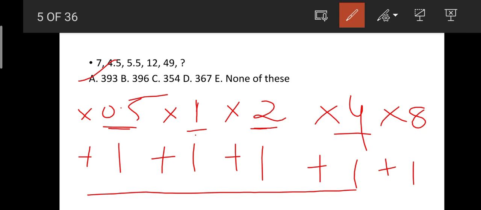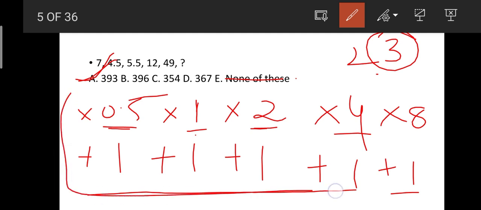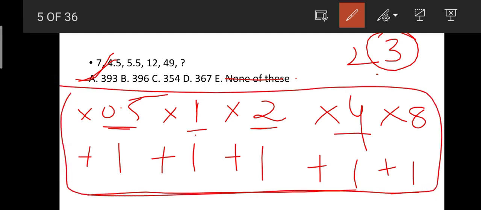Okay friends, here it is very simple. You need not calculate 49 into 8 fully, but since they have given none of these as shortcuts, you should calculate. If you observe, 9 into 8 gives 72, the resultant ends with 2, and if you add 1 to it, it should end with 3. Then our answer will be the first option, that is 393. Okay friends, I think you have understood this logic also. Okay friends, next we will be moving to our next question.